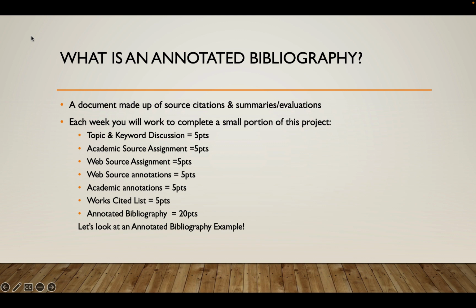Now that we have an overview of information literacy, let's talk about the main project we will be working on in this course. It's called an annotated bibliography. An annotated bibliography is just a fancy word for a document made up of source citations and source summaries/evaluations. This semester, you will work to put together an annotated bibliography that looks at 4 sources that you find